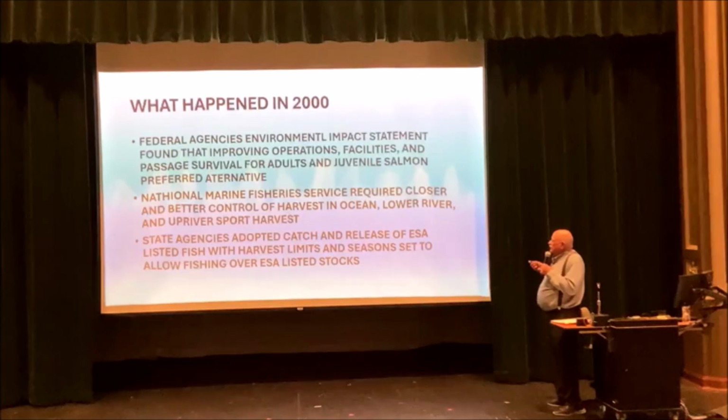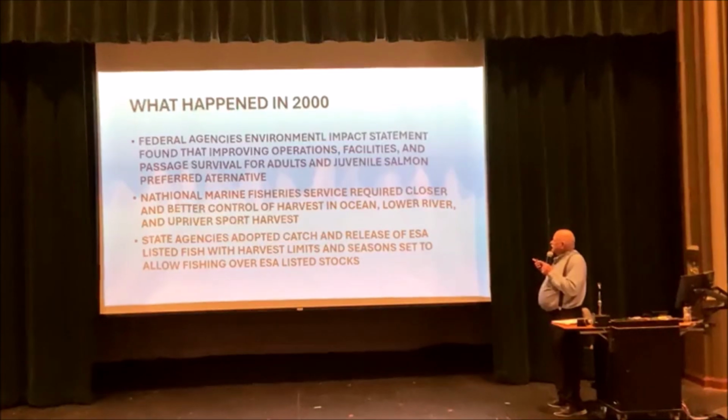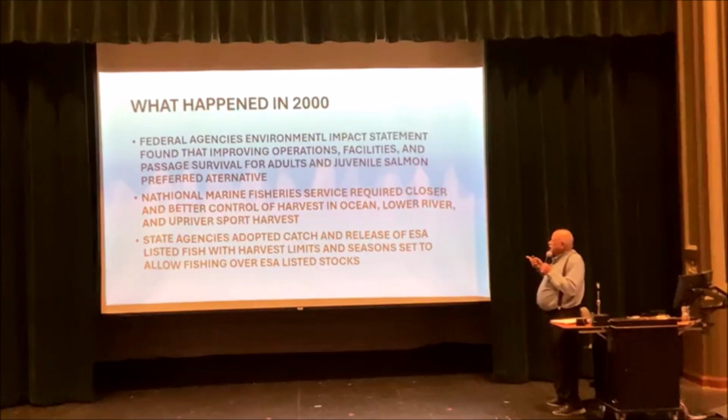Since then, the National Marine Fisheries Service, because of the Endangered Species Act, has required closer and better control of harvest in the ocean, lower river, and upriver sport harvest. The state agencies have adopted catch and release of ESA listed fish so they can continue to fish on